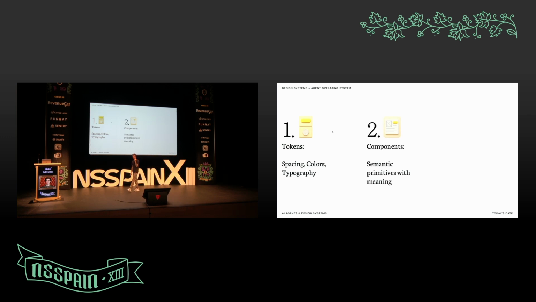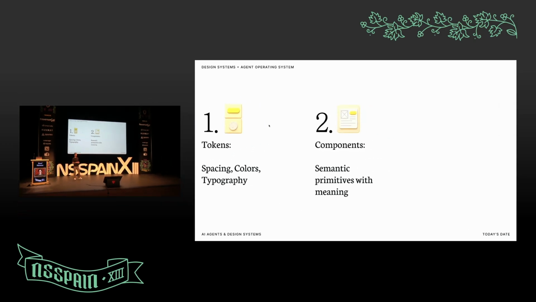Then we have components, which is just the semantic primitive meaning of a button, could be an action, could be a card, could be a checkbox, anything that's a component. And then we have the rules, which is what I call the governance: can the components connect to each other, how accessibility works there, what are the constraints.